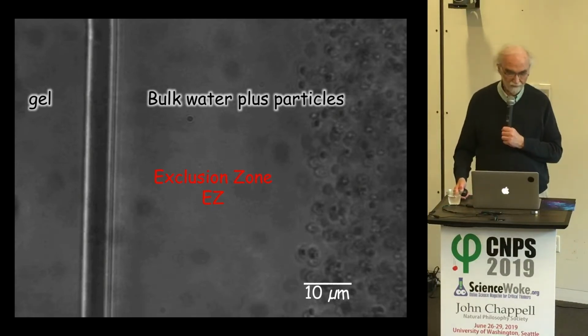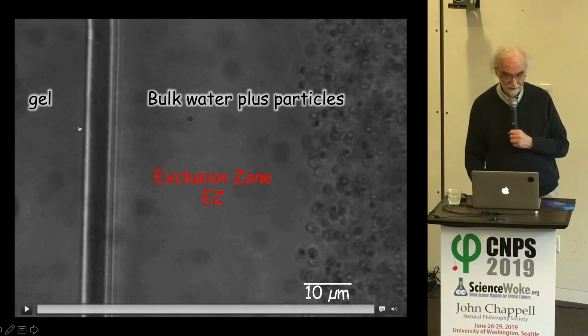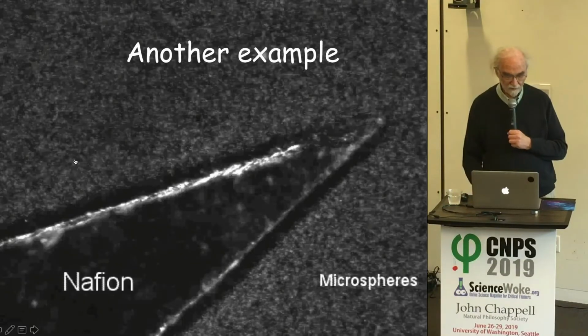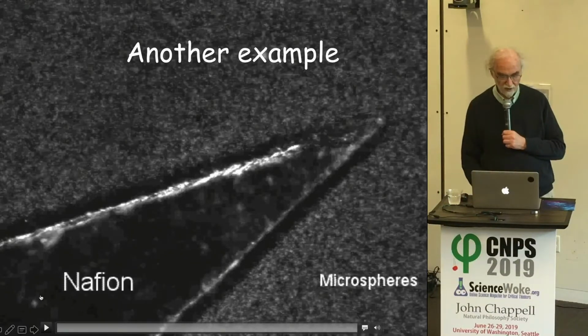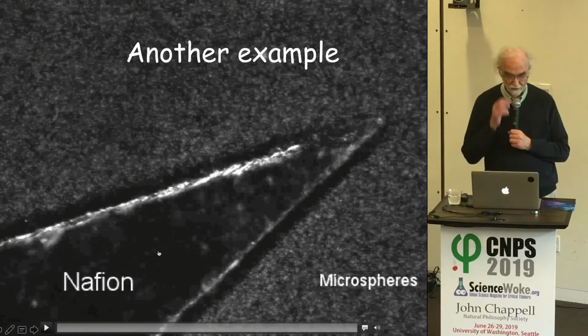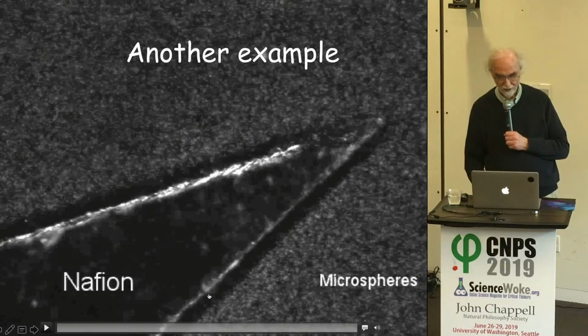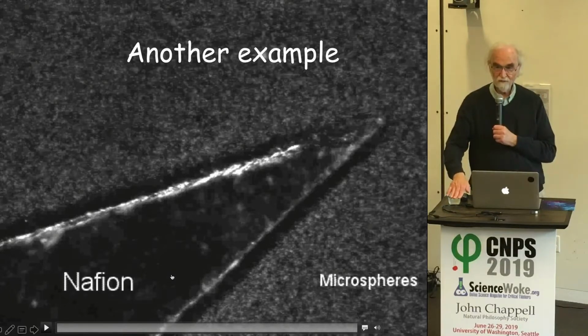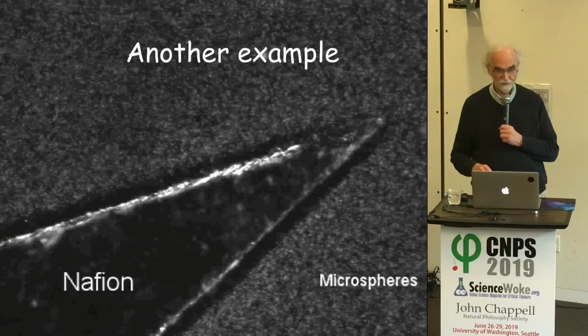Another example, because we began seeing it next to a couple of different gels, we wanted to look at a polymer. And a polymer that we came upon because of some quirk is a polymer called Nafion. And Nafion is a bit like Teflon. It has a Teflon-like backbone, but sulfonate negatively charged groups that stick out, many of them. It comes in a sheet. And so we took the sheet and we cut out a little piece of the sheet, arrowhead form, and we plunked the sheet at the bottom of the chamber. And we poured in water plus microspheres.